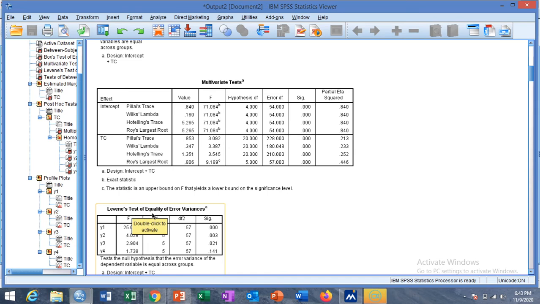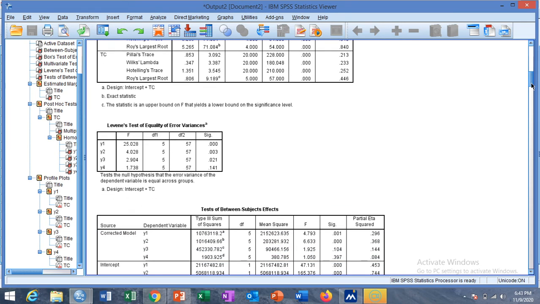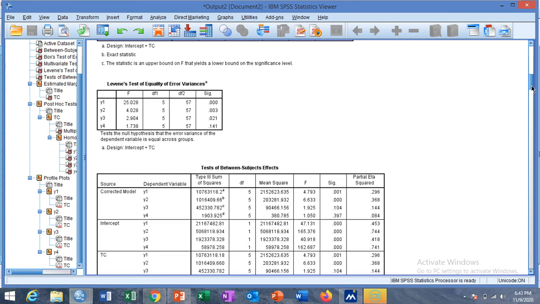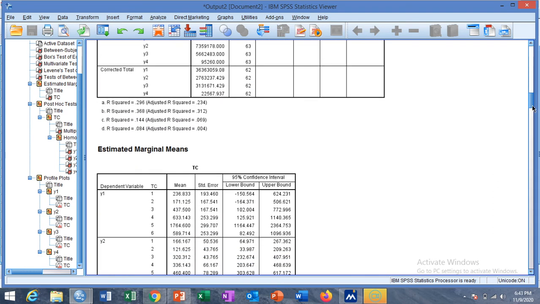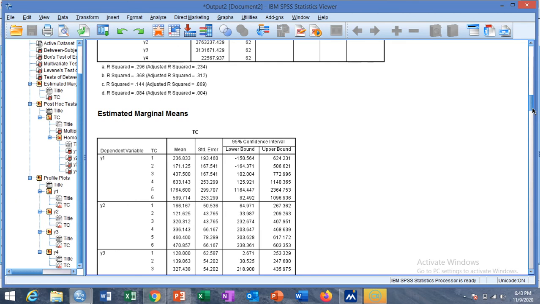And this is Levene's test of equality of error variance for each variable. And this is your univariate analysis of variance. For TC, you can see the separate analysis of variance for y1, y2, y3, y4. In this table, this is the error for y1, y2, y3 and y4, and the R squared and adjusted R squared are also given for each variable.